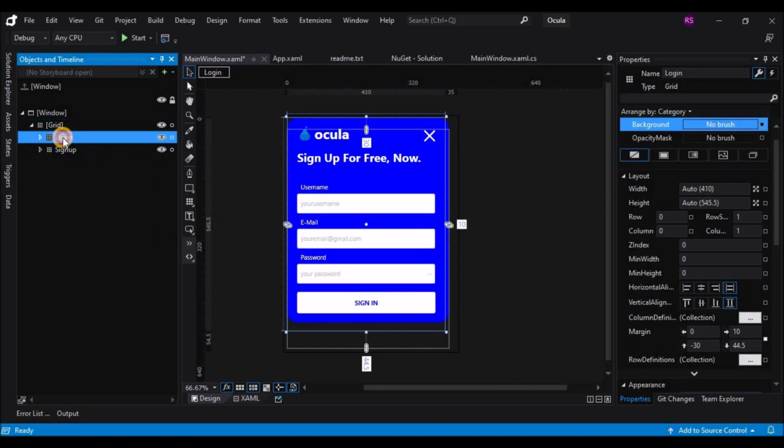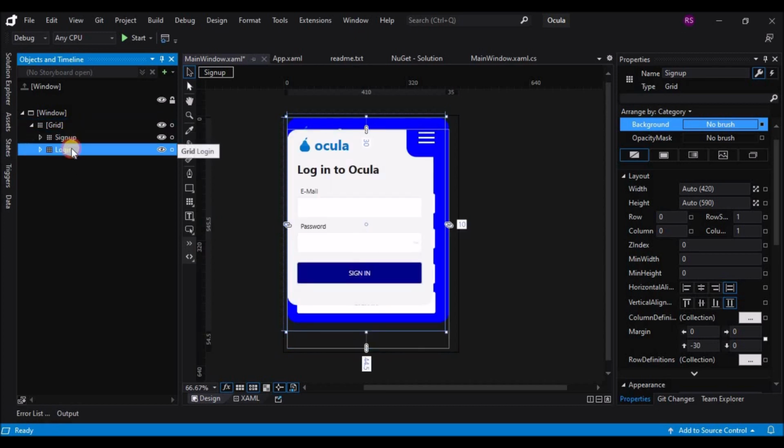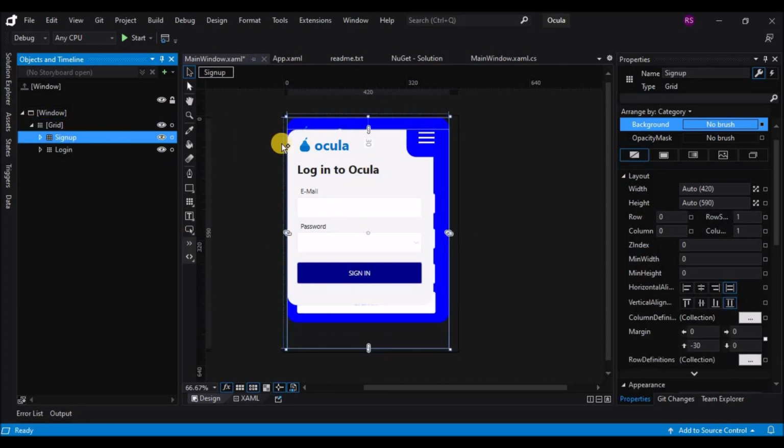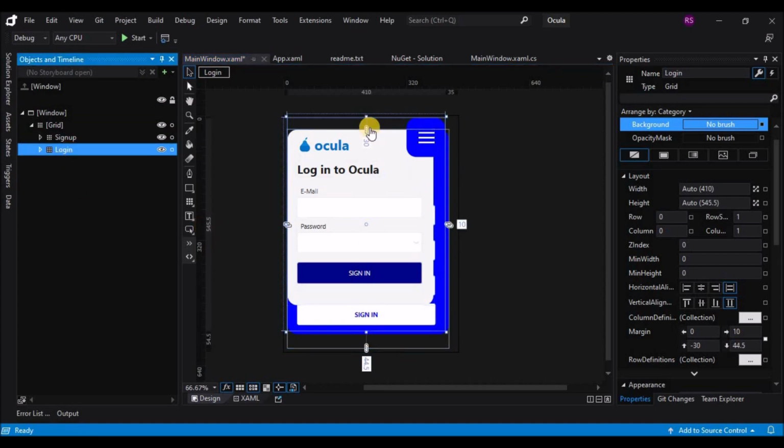So before that, let's rearrange the grids. I am moving the sign up grid on top and the login below. So what this will do is make the login form appear on top and sign up will go behind the login. Now let's rearrange some things.